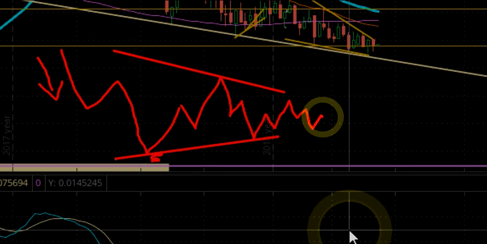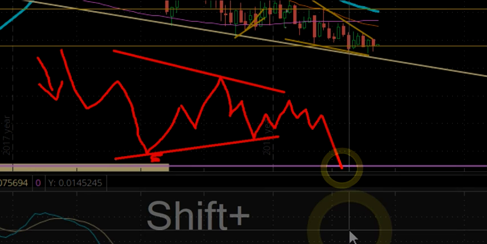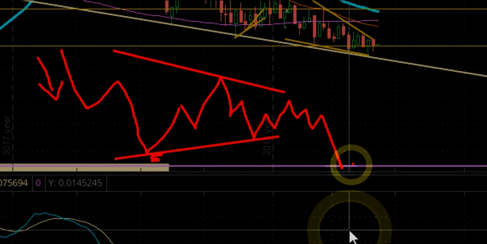Okay, and then what happens is you get one more push lower to a new low that takes out this low, and then somewhere in here is where you want to enter for the next move up. This will be a long move. So the good news about triangles is aside from this last move here, they signal the end of the trend, the trend that you've been observing. So for example,